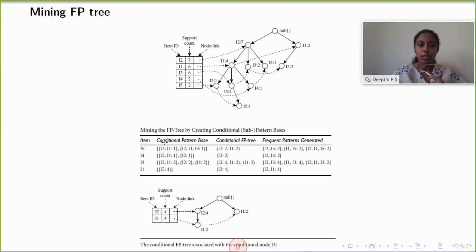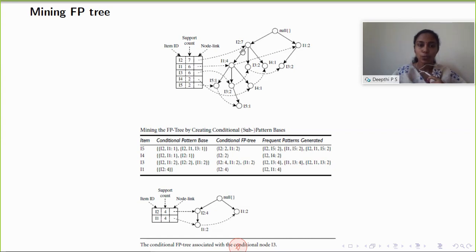Now we have to check where the I5 node appears in this tree. There are two nodes named I5. This is one node and this is another node. Now we have to consider the branch or the path from which we reach I5. From the root node, how we can reach I5, we have to check the path.